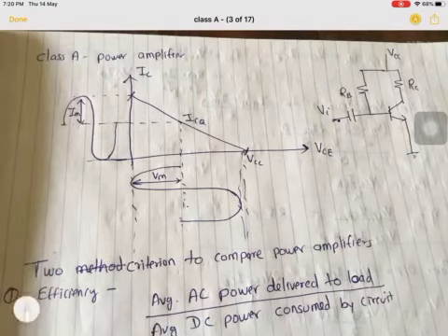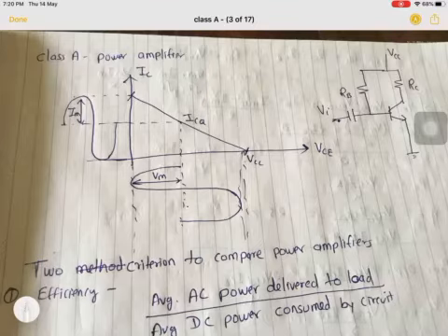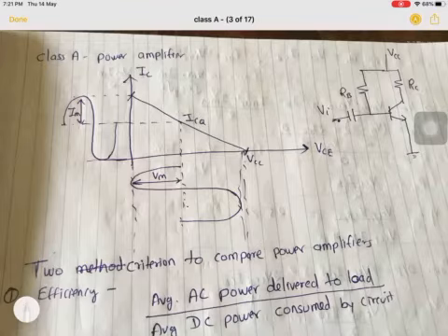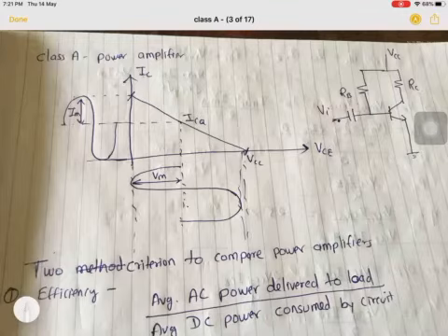Now, there are different types of classification of power amplifier. One of the most important is the class A power amplifier. This is the circuit of a class A power amplifier. Now, in general, if we talk about the input signal of different amplifiers, in a voltage amplifier we use small signal analysis. Small signal means the signal in the input range of the order of a few millivolts to microvolts. Whereas in the case of a power amplifier, this input signal is of the order of a few volts.